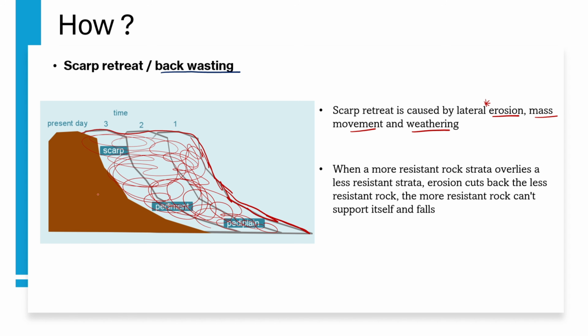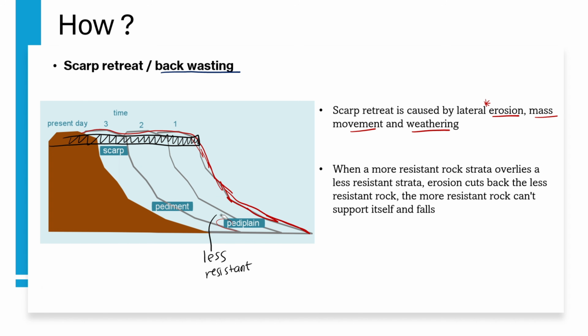So now basically what happens here, remember we have said that on the top part of the plateau we have got resistant layers of rock. So there is more resistant rock on the top part and there is less resistant rock at the bottom. So we say that this one is less resistant. So now what will actually happen here? There will be weathering, or there will be erosion. So it just means that this whole less resistant rock will be eroded.